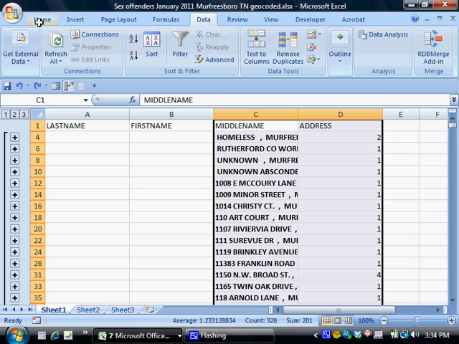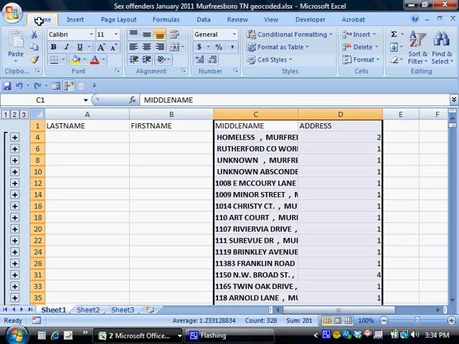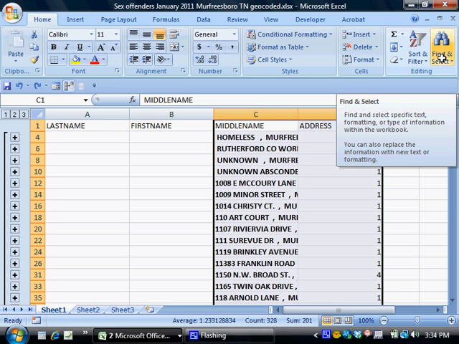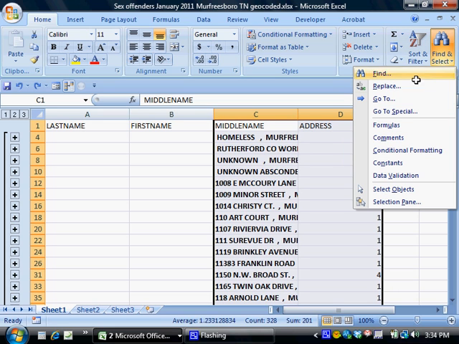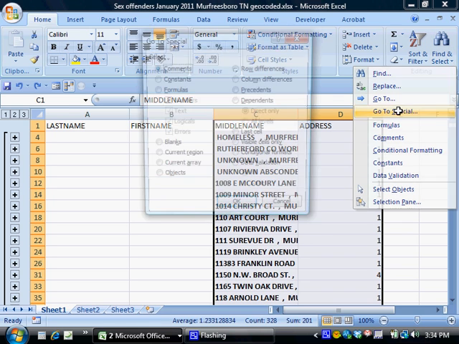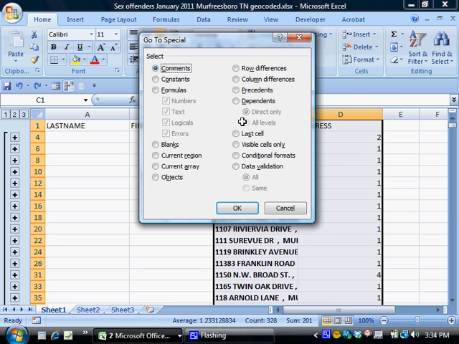Okay, over here, go back to the Home tab right there, and then all the way over to the right, you'll see this Find and Select button. If I push that, I can find this Go to Special choice and click that. And when I do, this little dialog window pops up, and in that window is an option called Visible Cells Only right there. If I push that radio button and click OK,